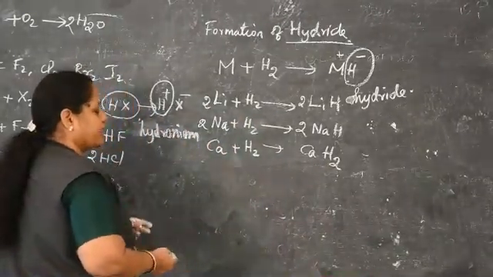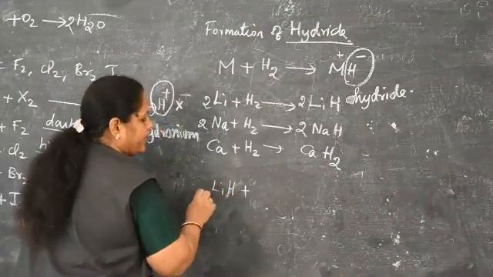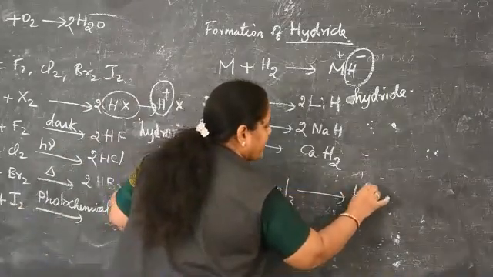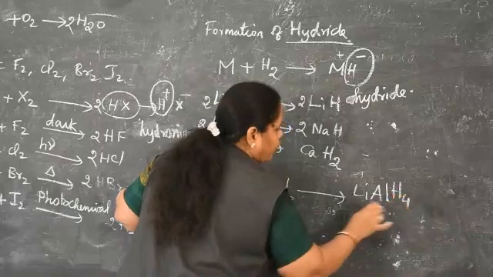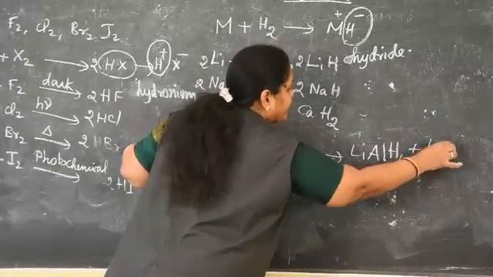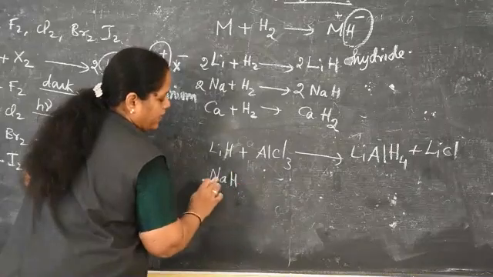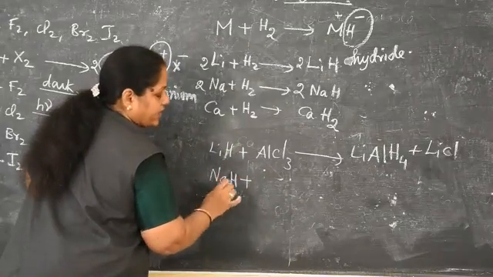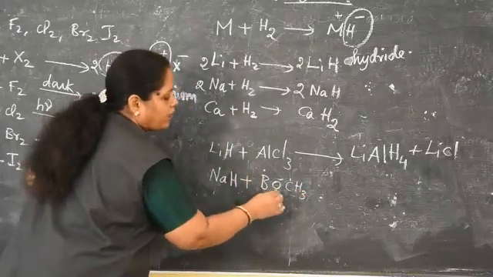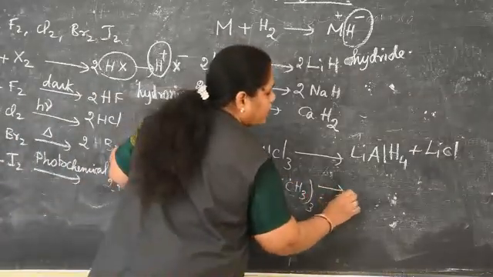So what is that equation? Lithium hydride reacts with aluminum chloride. It gives lithium aluminum hydride. The formula of this one is LiAlH4, along with lithium chloride formed. Like that, sodium hydride reacts with trimethyl borate. Trimethyl borate, the formula is like this, they form sodium